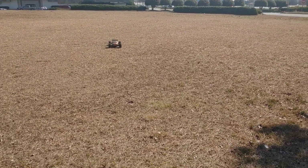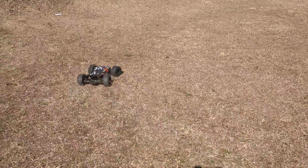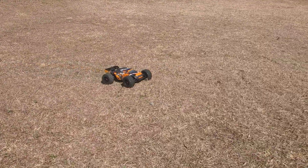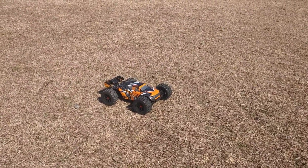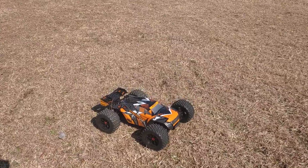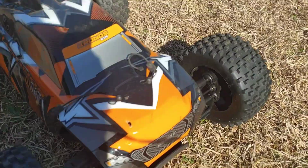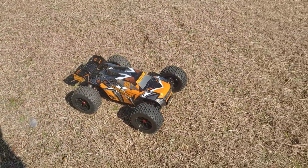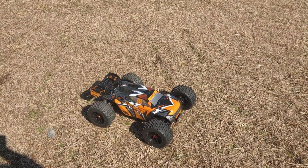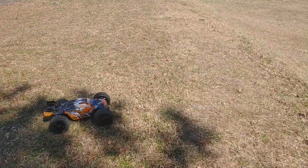Oh, I might have overheated. Let's see real quick. I think my battery is actually dumping, because this is the same battery I used for Super Speed Saturday, and it's the same battery I used for running this the other day. I busted up the body and stuff there. So I'm gonna change batteries out, and then we're gonna run this for a couple more minutes, do a couple more jumps, but let me go ahead and get a fresh battery in here. All right, y'all, not so much a fresh battery. I gotta charge some lipos up